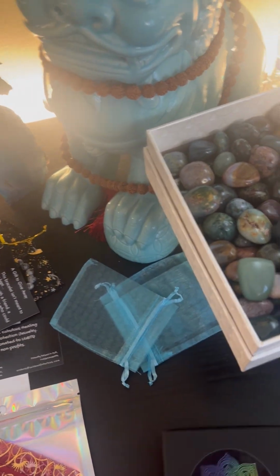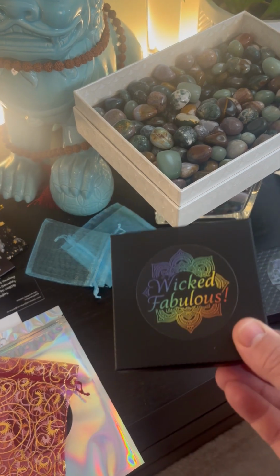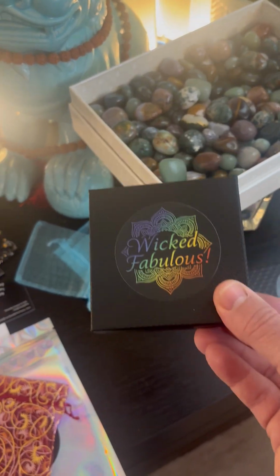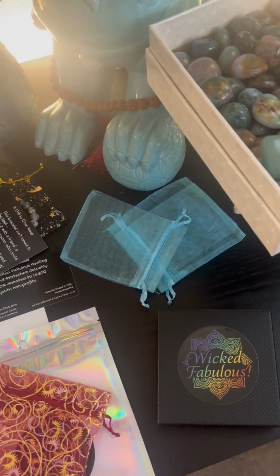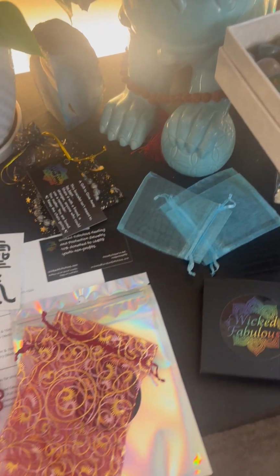And then finally, if the order is a gift, we do have gift box options. If you're sending it as a gift, let us know. There's gift box if you search for it on wickedfabulous.com. There is a gift box option. So that would be for a bracelet. This gift box would be for a necklace. And that is packaging up the orders